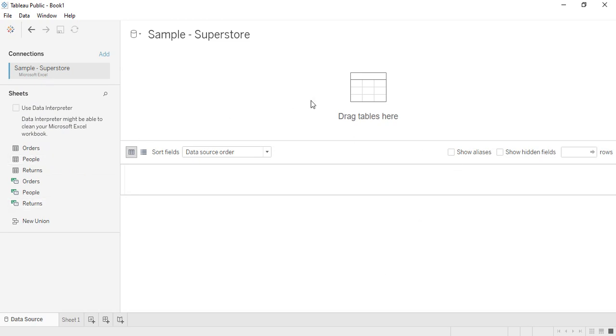Now once we have connected to the data source, this is the kind of screen that is available. This is actually how you are going to pre-process the data. If you want to perform any changes on data before it goes into creating visualizations, this is the place where we would be working. So as you can see over here, there are these 3 tables and 3 sheets given, but in order to understand them clearly, we have to first take a look at this whole Excel sheet, that is the sample superstore sheet. Then we would be learning about the basics of the data pre-processing that we would be doing in this particular screen. Then we would be proceeding to create the visualizations.